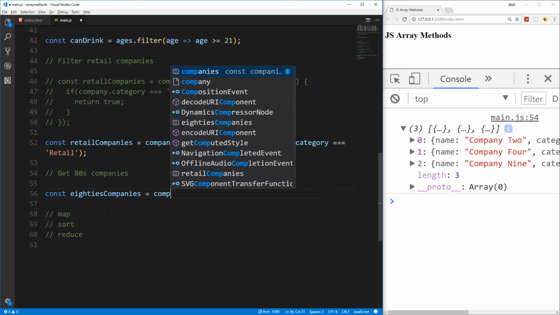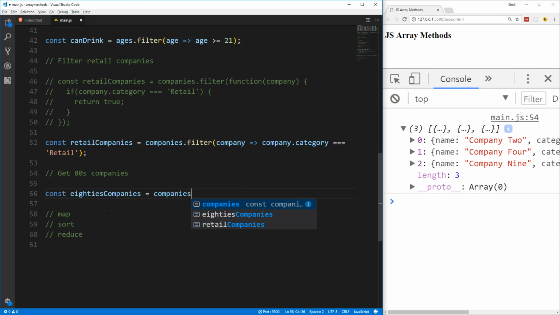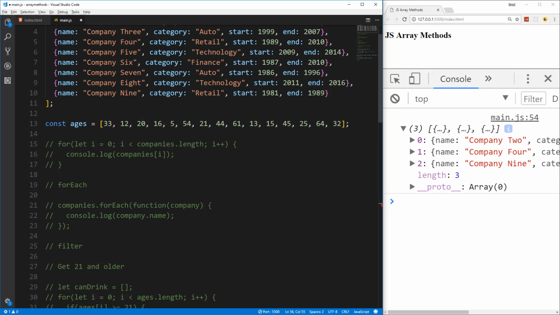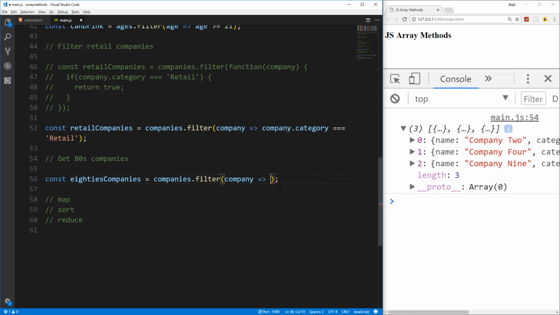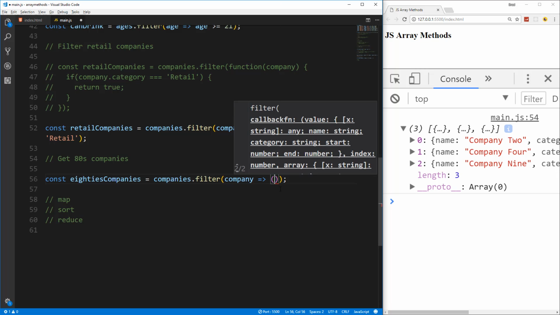And if you guys want to pause it and try this on your own, feel free to do that. So we'll say filter, and I'm just going to do it the shorthand way right off the bat. So we'll say company, and what's our condition going to be? If we want from the start date, okay, remember they have a start and end, we want the start to be between 80 and 89. So we'll put a condition here, actually we want to wrap this in parentheses. So we're going to say company.start is greater than or equal to